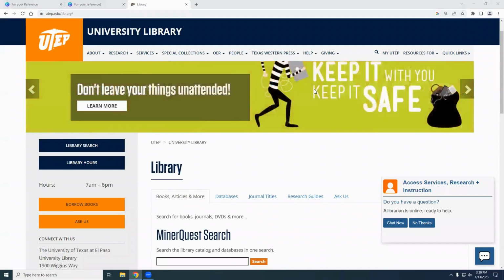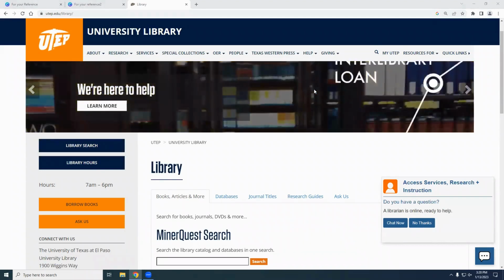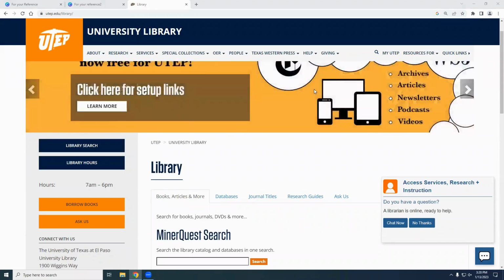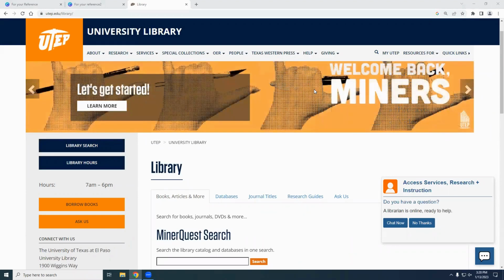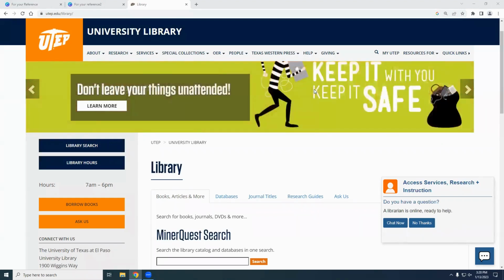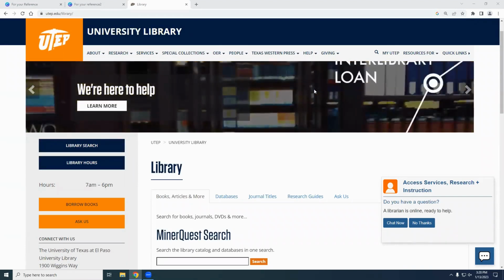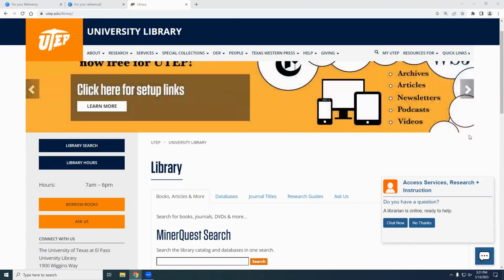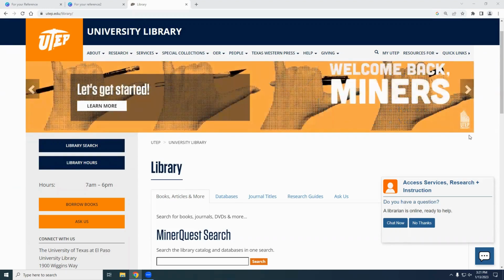So the way that I describe a VPN is that it makes your computer think that you're here on campus when you're not. So if you are at home, you connect to the virtual private network and it will allow your computer to kind of access everything that we have here through the library without having to keep signing in. Haley said it bounces your internet traffic off of other servers in other locations. Yeah, exactly. So I think that's the more technical way of describing it. And again, I usually describe it as making your computer think that you're here on campus when you're really not.